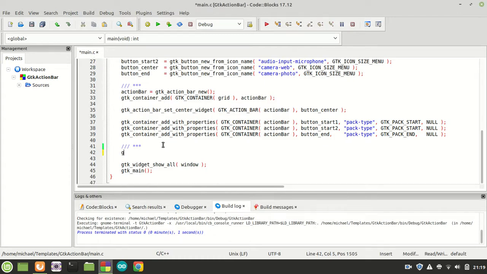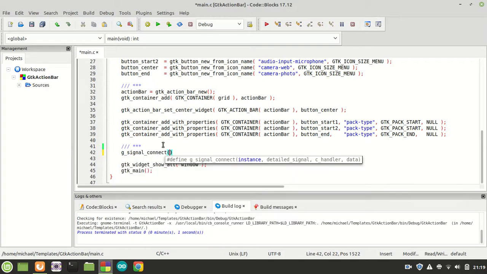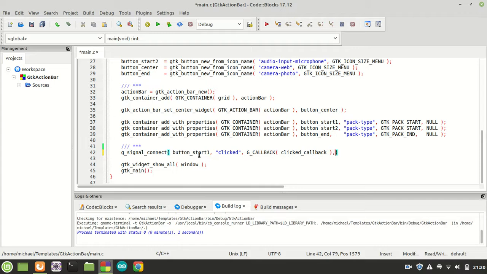For this, let us call g_signal_connect, and we are going to pass first, let's play with button 1, and we are going to catch the clicked signal, which is the signal which belongs to the buttons. And of course we are going to create a G_CALLBACK. Let's call it clicked_callback. And of course we can use a message like the name of the button which was pressed, so that we know which kind of button